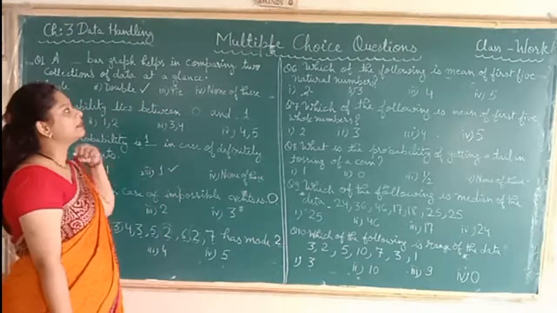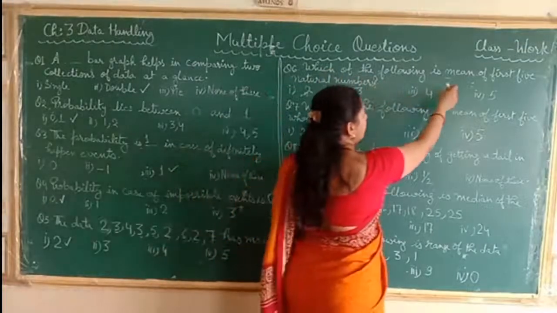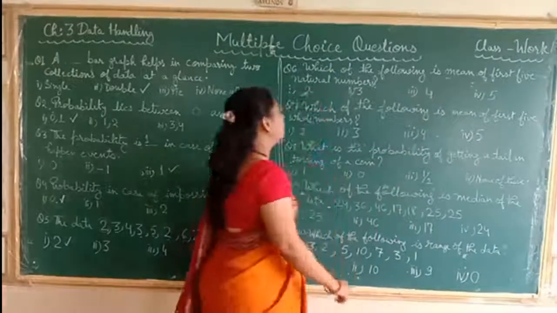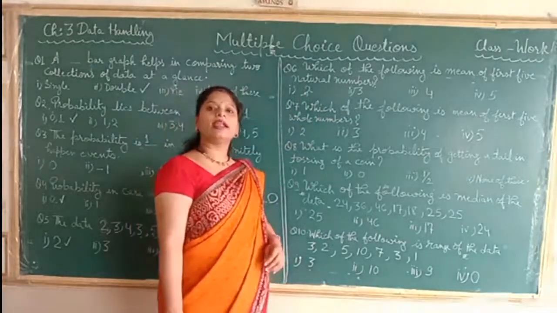Now question number 6. Which of the following is the mean of the first 5 natural numbers? Dear students, we know it very well. Natural numbers